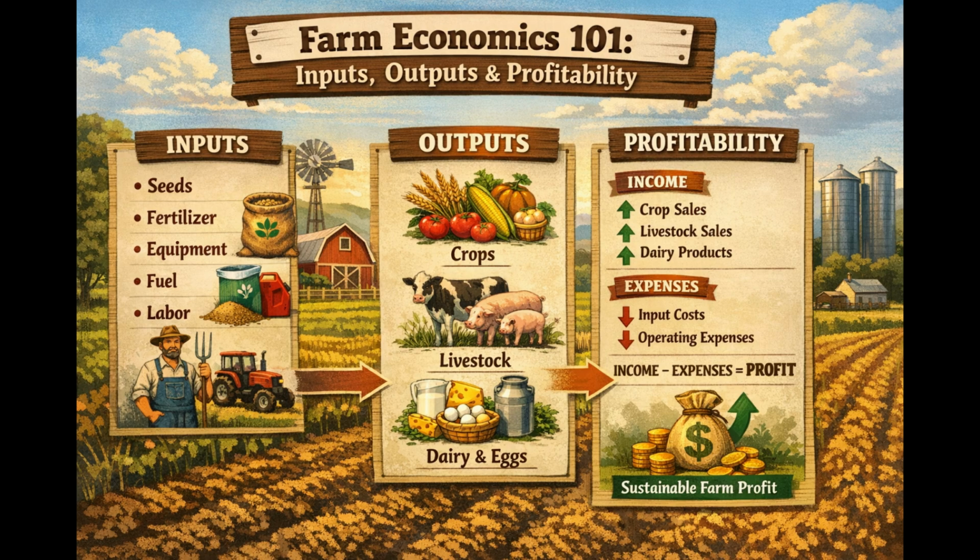Let's do some math. Say you're running a 10-acre vegetable operation and you hire 2 full-time workers for the growing season, which is about 6 months. You pay them $15 an hour, which is pretty standard in many states for agricultural work. That's $15 times 40 hours per week, times 26 weeks, times 2 workers. That comes to